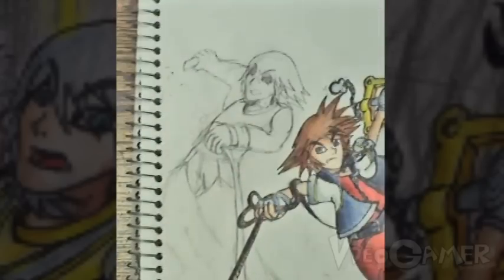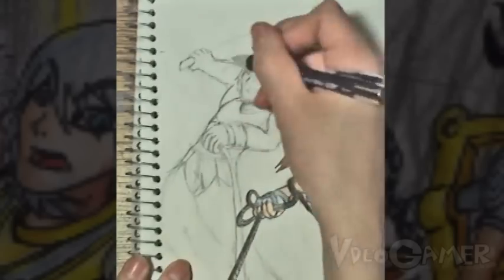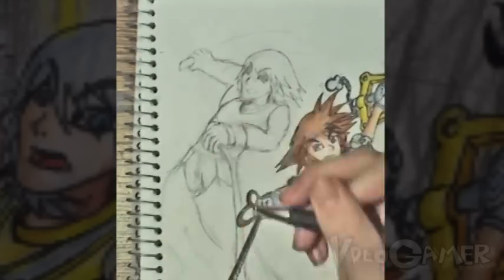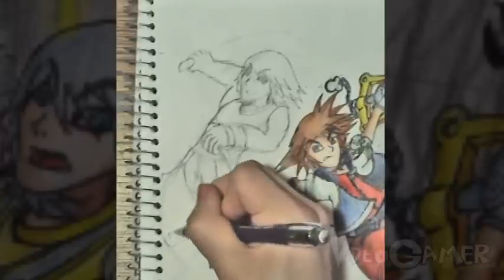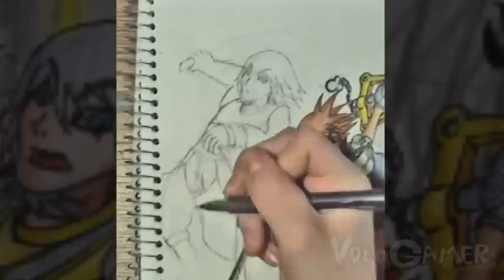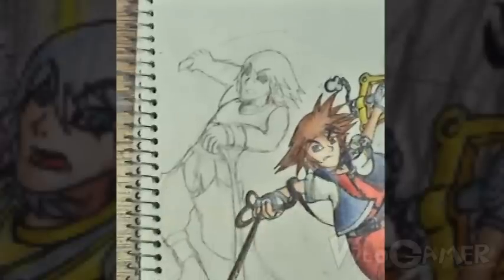As you can see, I'm not quite there yet, but this is just still the sketching process, so just sketch it out. And if need be, you can erase it and adjust things to how you see fit. And his pants are kind of weird. I don't know what it is. He has these